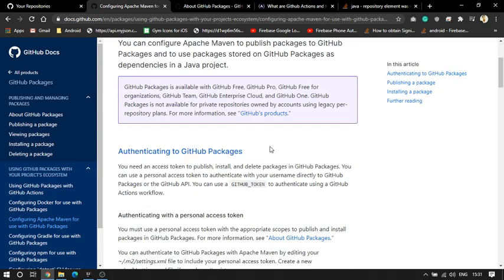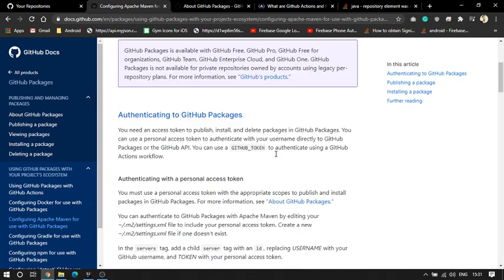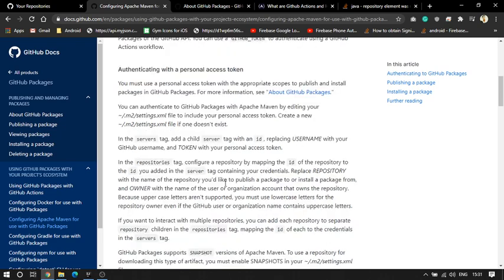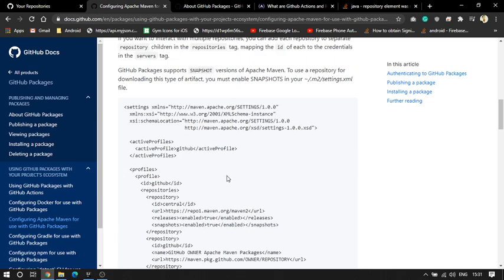The first thing is you need a personal access token. This token is used so that when you create a package, it uses your authentication token to push that package to the Maven GitHub packages.